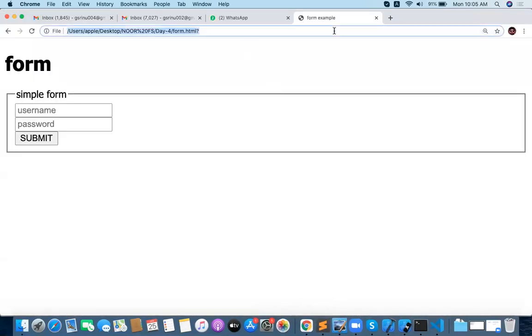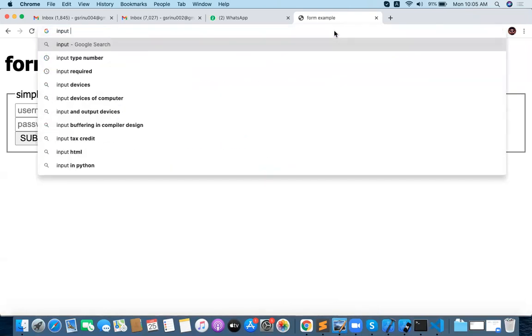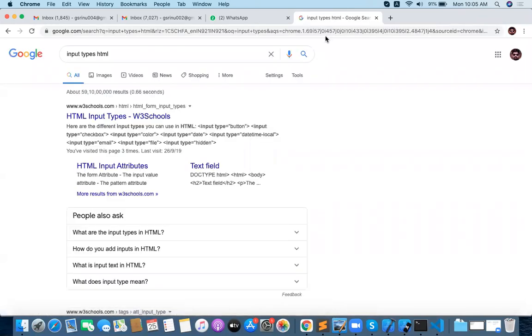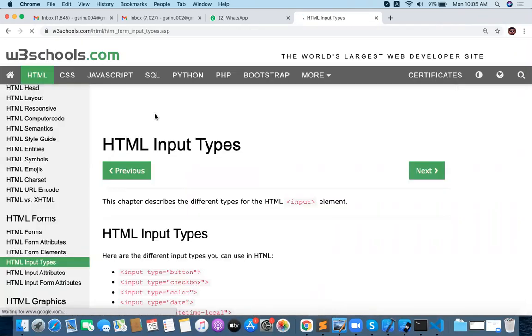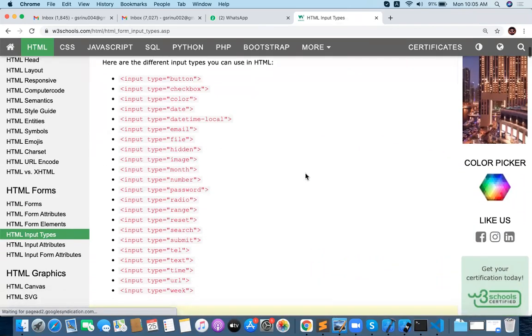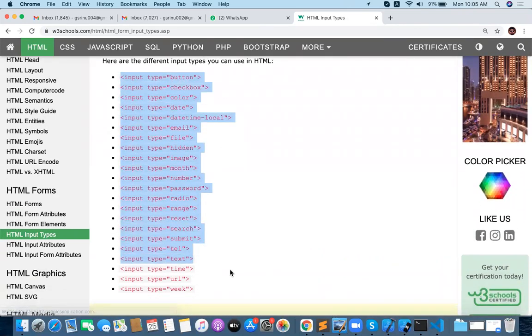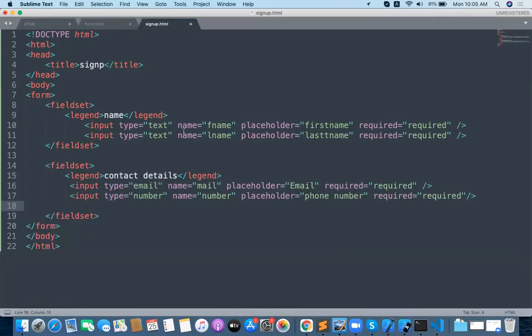What are the different kinds of input types which are going to be available in HTML? If you want to check it out, just go with W3Schools. HTML5 supports a lot of input types for you.